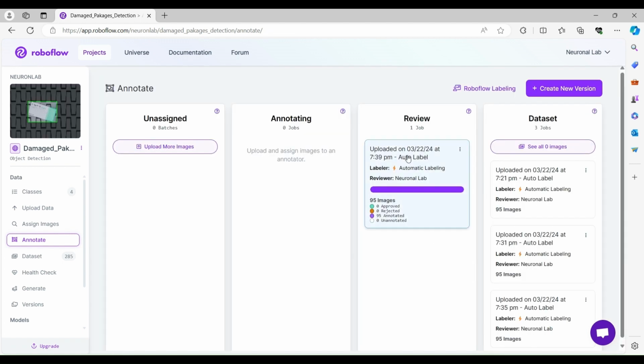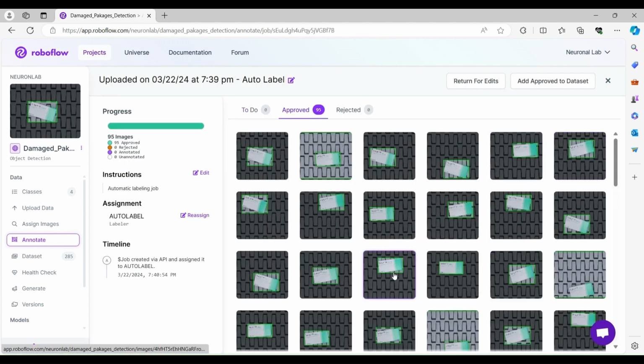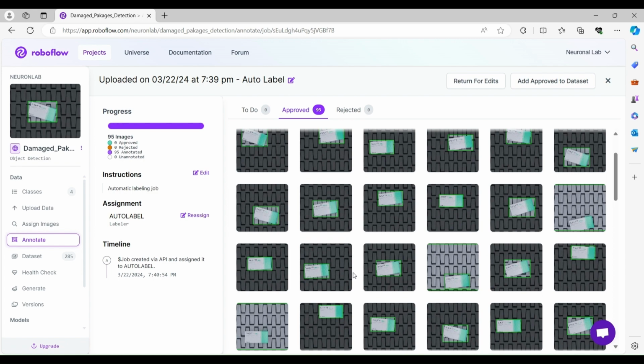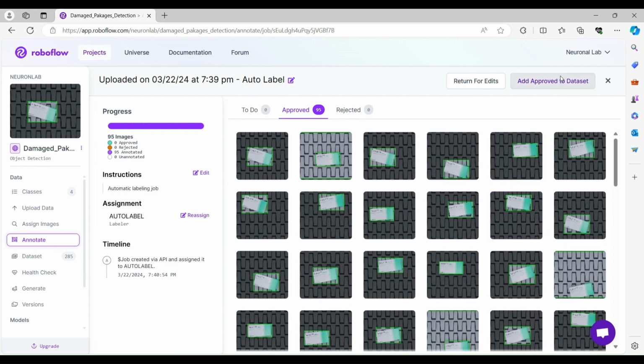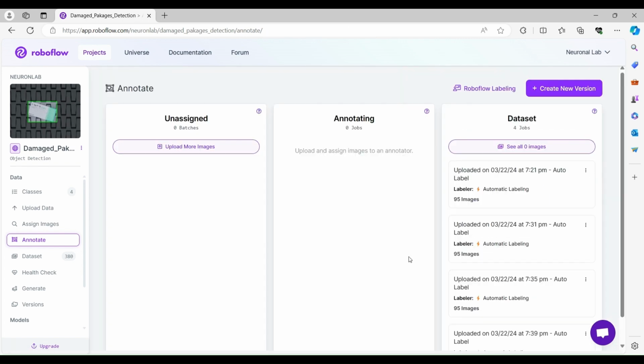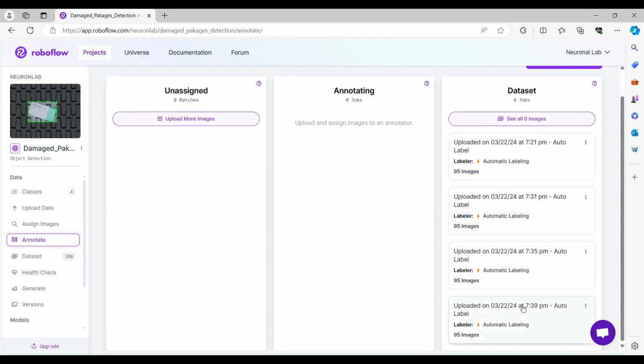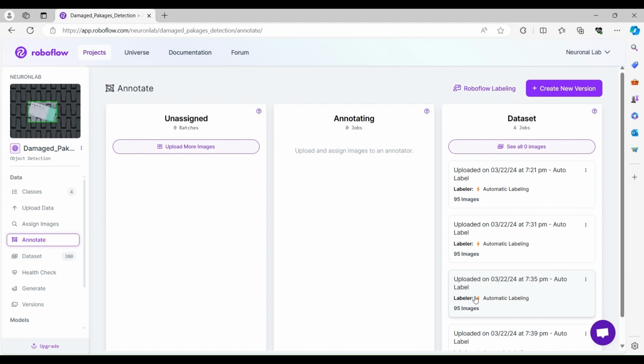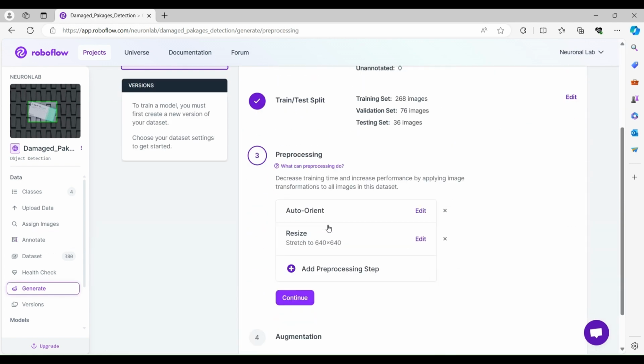Let's see, last one, approve all. Also, yeah, maybe we're not missing a lot here. Let's see, we are okay. And now we have our dataset ready to start creating the version, which is the model, and start training our model. So we go and create a version,